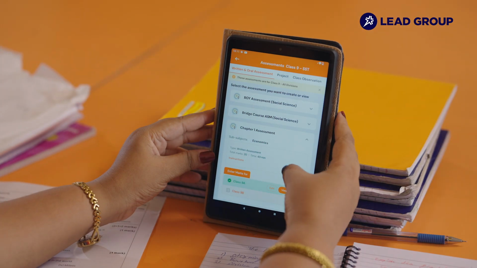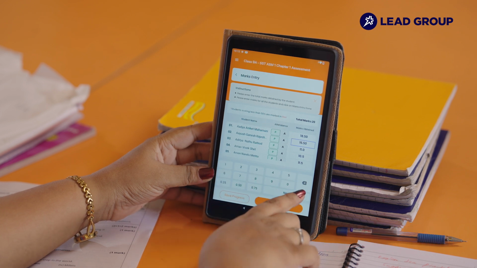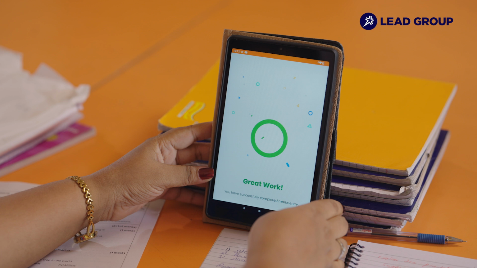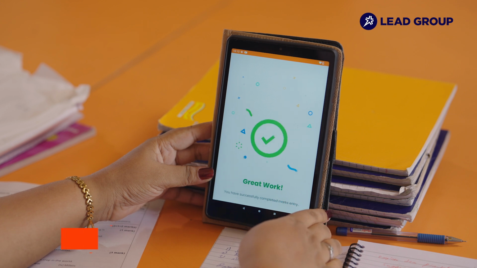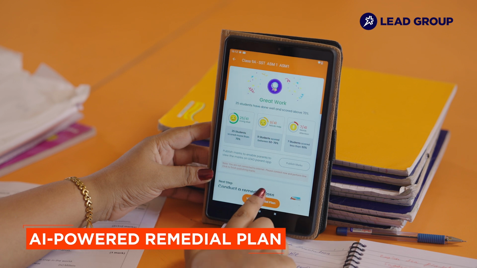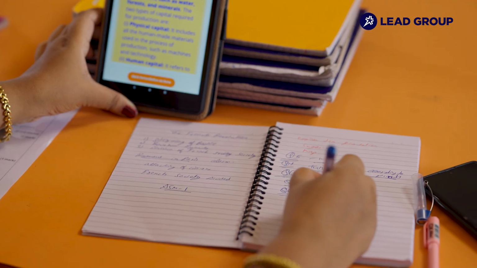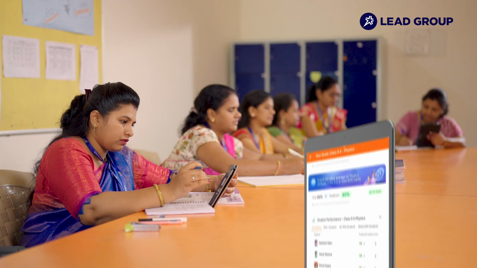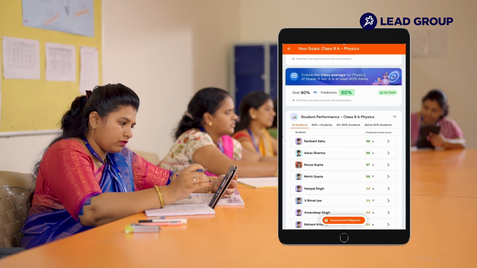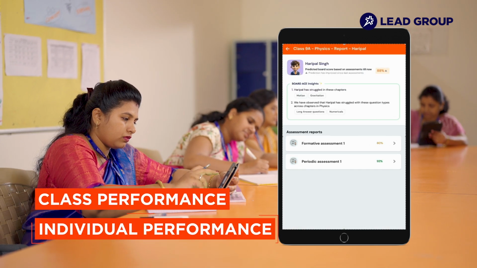Once assessments are completed, marks are entered via predictive tabs. vTEACH then analyzes the results and provides an AI-powered remedial plan ready to implement in remedial periods. Teachers have a detailed performance view at all times to track class performance as well as individual performance against the